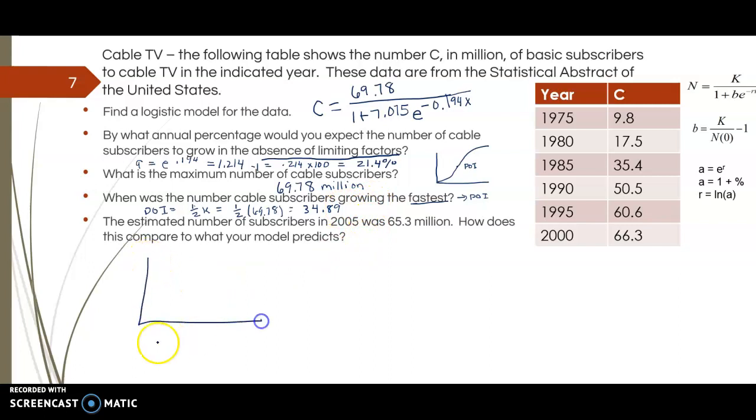So going back here, this happens. So if I sketch this out, we went 0 to 50 years, and we went up to 70 million. And we had our logistic curve come up and level off. We have our line coming through, and this point right here was approximately 10, 34.89. So 10 years after this started, they would be at that fastest growth point. And so 1975 plus 10